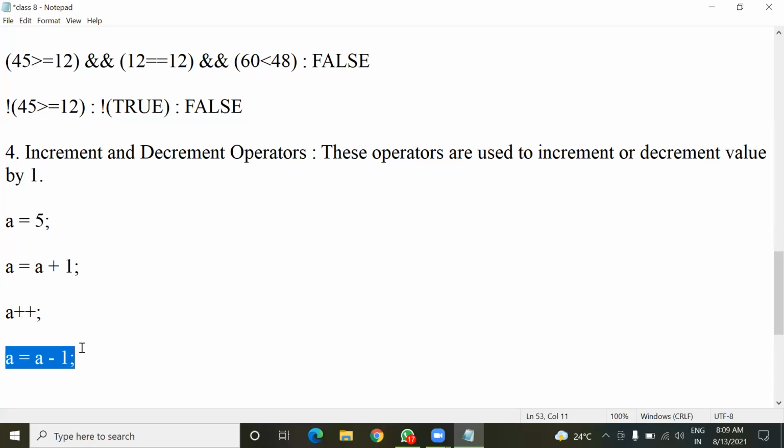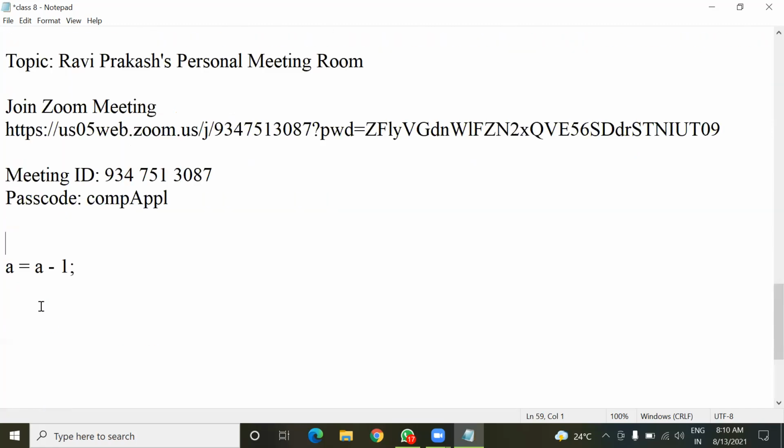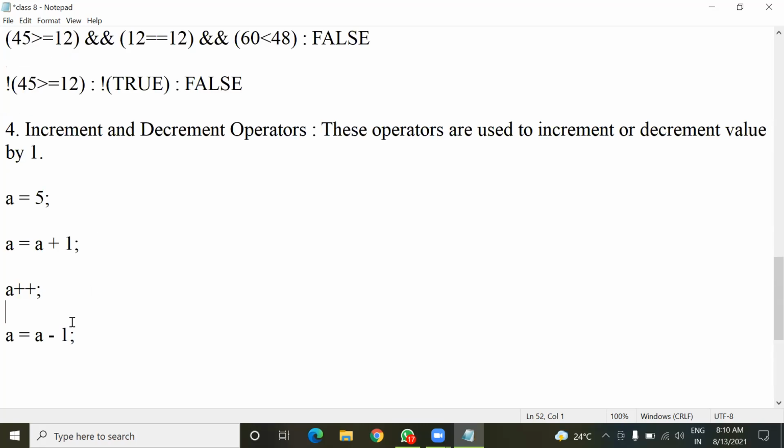Now let us take another variable n, and inside n I store 12.